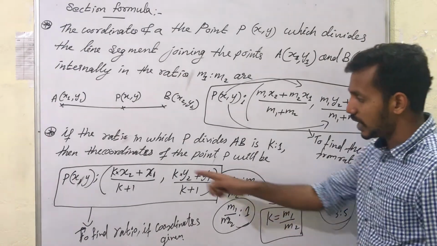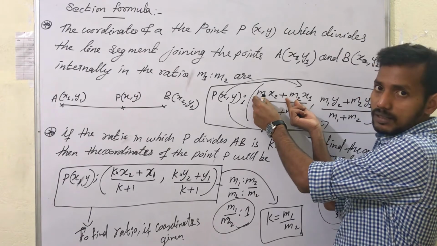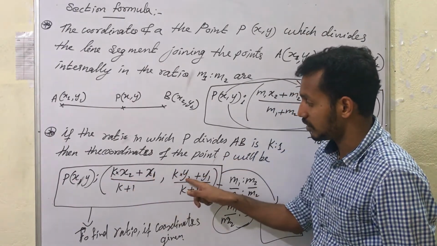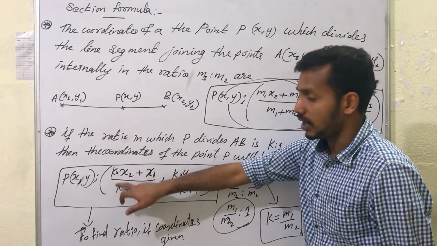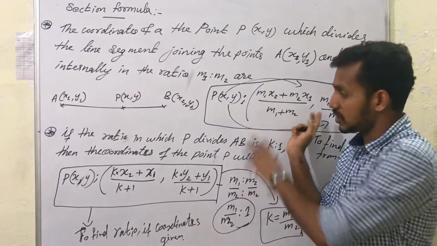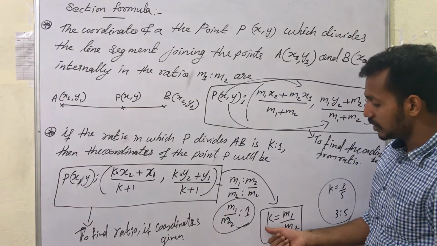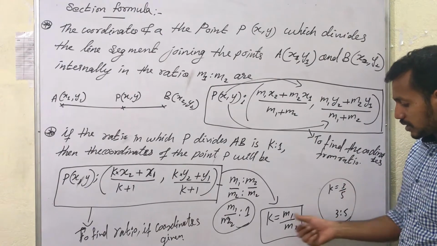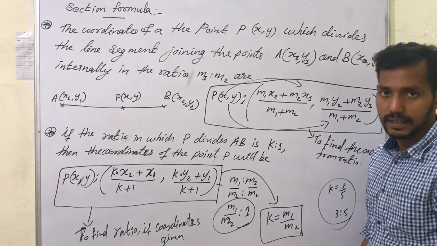Clear. So just to find the value of k, because here this equation consists of two variables. Here this equation consists only one variable. If the x2 and the coordinates are given, then here only one unknown variable will be there, that is k. But here still m1 and m2 will be there. So that is the difference between these two formulas. Clear. So first after finding the value of k, just write those numbers as m1 is to m2. That means k will be m1 by m2. Clear.